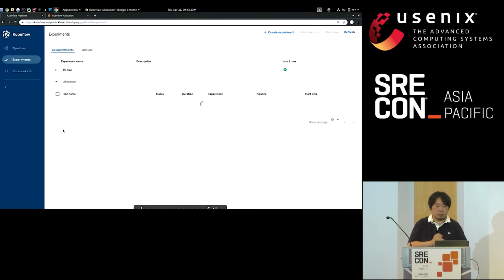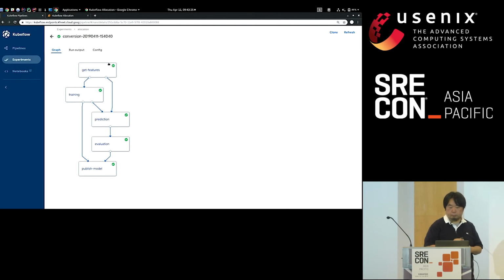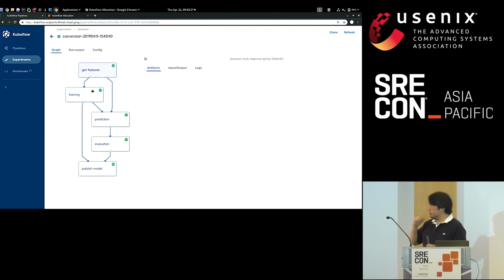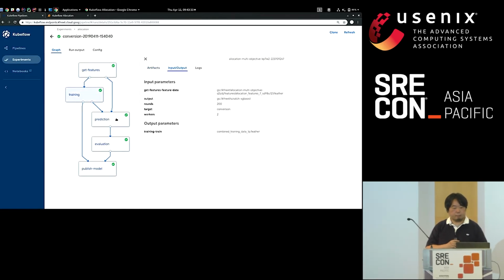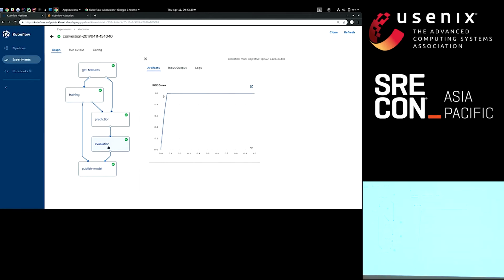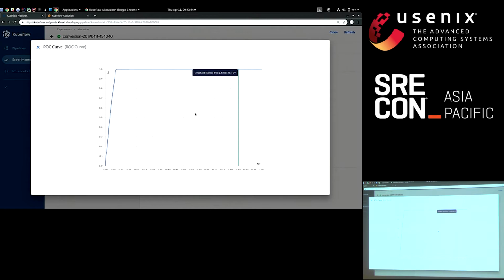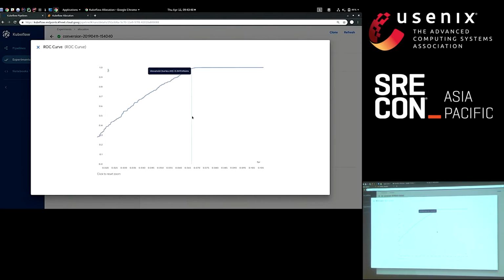Take a look at some example executed runs. If we click on this run, this is a completed run. I can show you some of the functionality that Anand was speaking about earlier. One of the interesting things that we can see is, of course, the inputs and outputs to each step, but also the output artifacts that are available to you. One of the output artifacts available here, at the evaluation step, is an ROC curve. So as an end user, you can easily drill into this curve and evaluate the performance